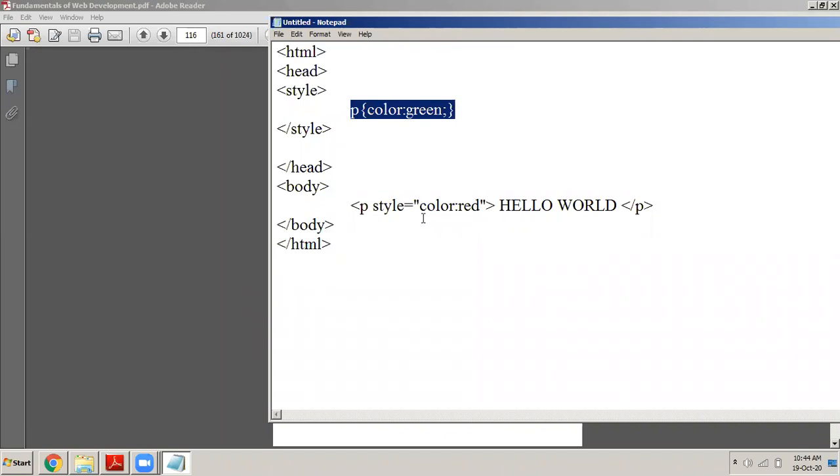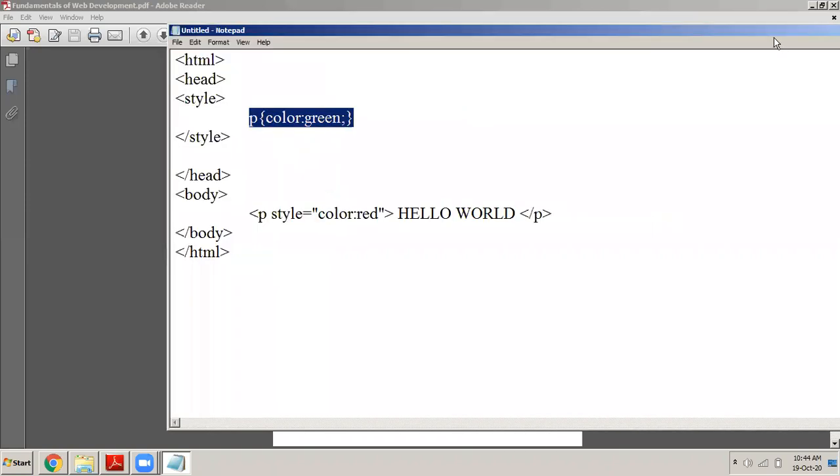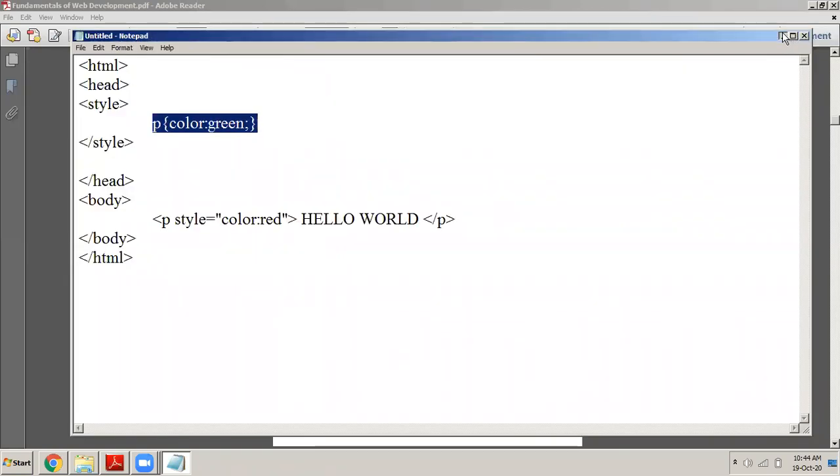So this is about the precedence. Remember that if there is a clash between the styles as to which style should be applied, if there are multiple styles defined for a particular tag, the one which is defined inline will be applied, not the one which is defined at the embedded level or the external level. So this I want you people to remember. Now coming to